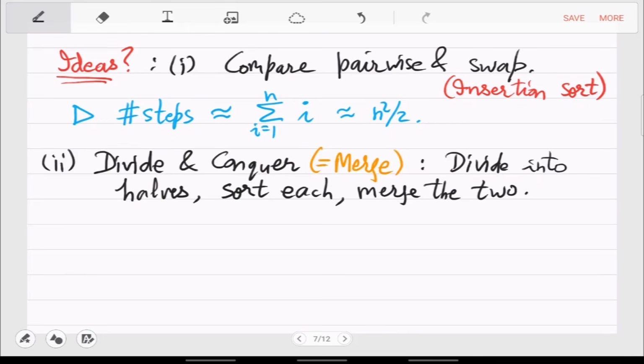Right, so this seems to be a more complicated algorithm than the first one. The first one was almost by definition iterative, just a single for loop or maybe a double for loop. This is more complicated because in every step you are recursing, you are sorting two times. So it is definitely harder to implement. There are more corner cases to deal with, but this is where mathematical analysis will help. If you analyze this, it's a much faster algorithm, one which we'll want to implement in smartphones to sort an Excel file. So this is the famous merge sort.